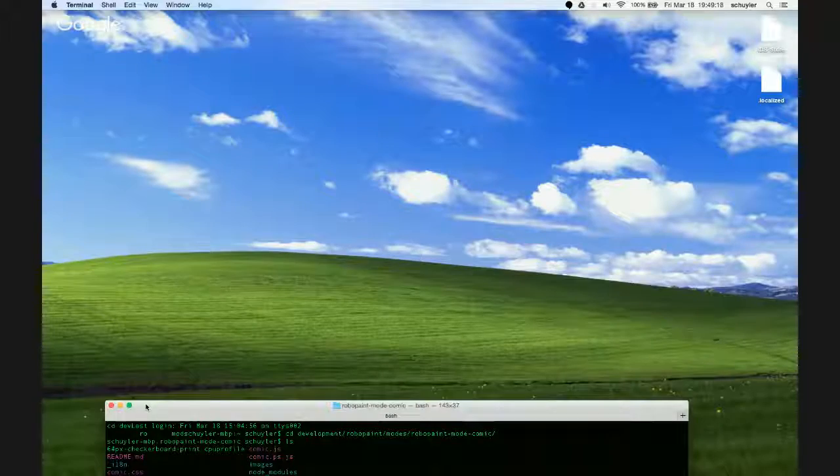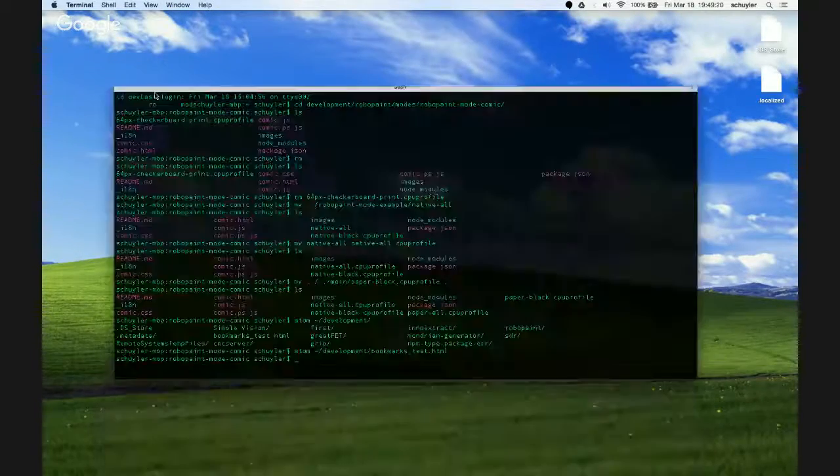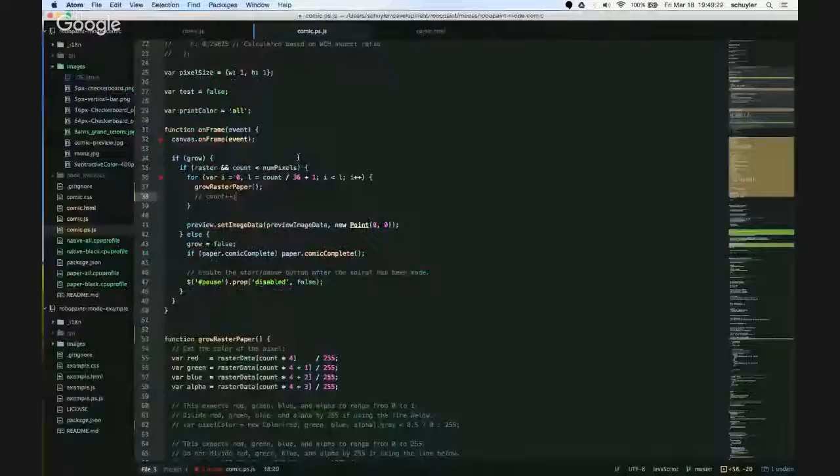So this is not Windows XP, even though it might look like that. That's a bad joke, as are many of them. I'm marking that in your totally distracted list here.